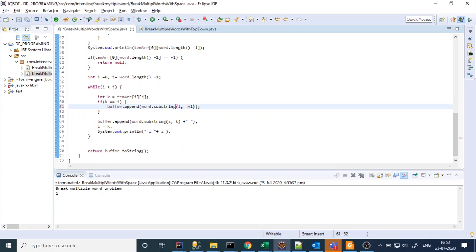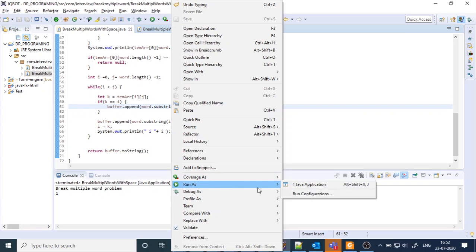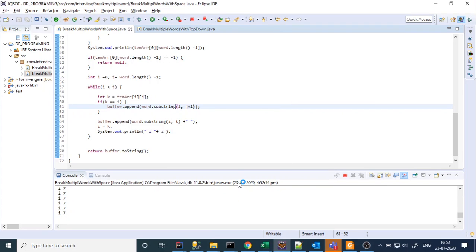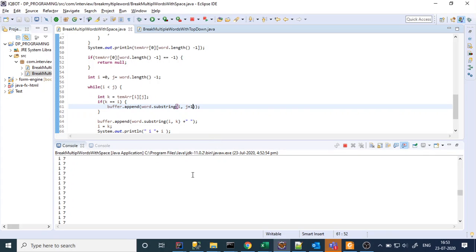F1 j plus 1. This is basically something, right?